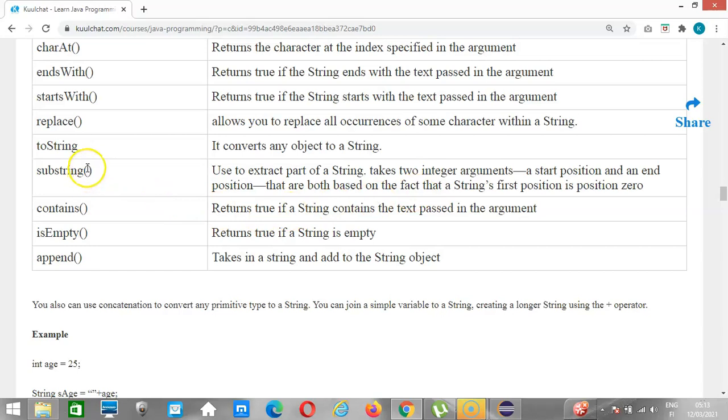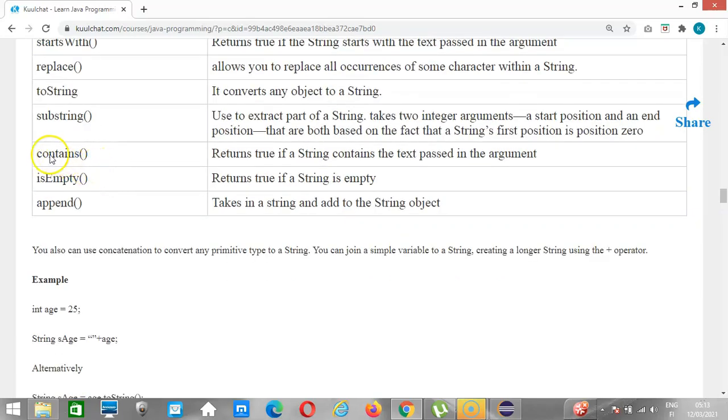And the contains function checks if the string contains whatever character you enter. So if you want to check if a particular string contains some information, then you can use the contains function. Then isEmpty checks if the string length is more than 1 and above. If the string is empty, nothing has been entered,